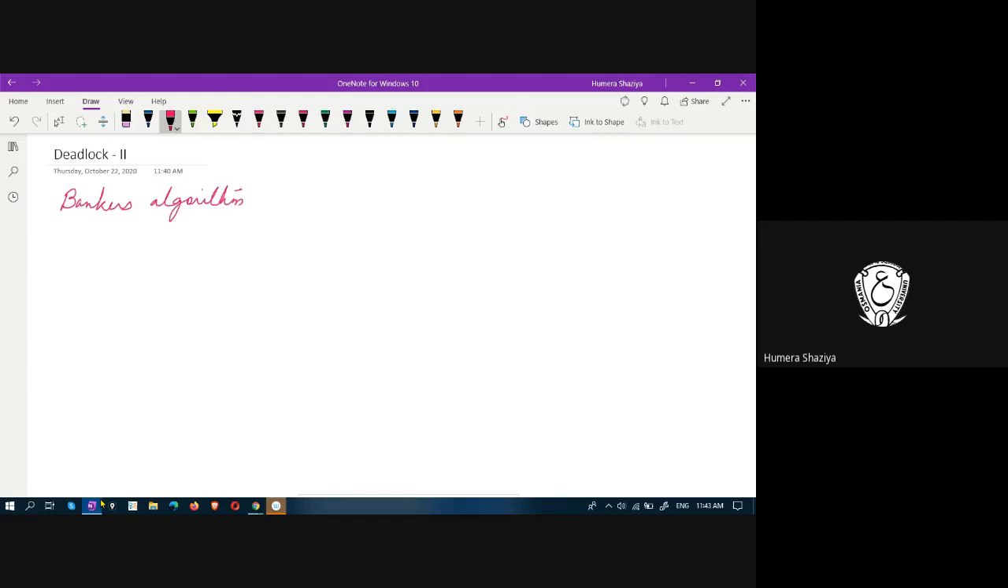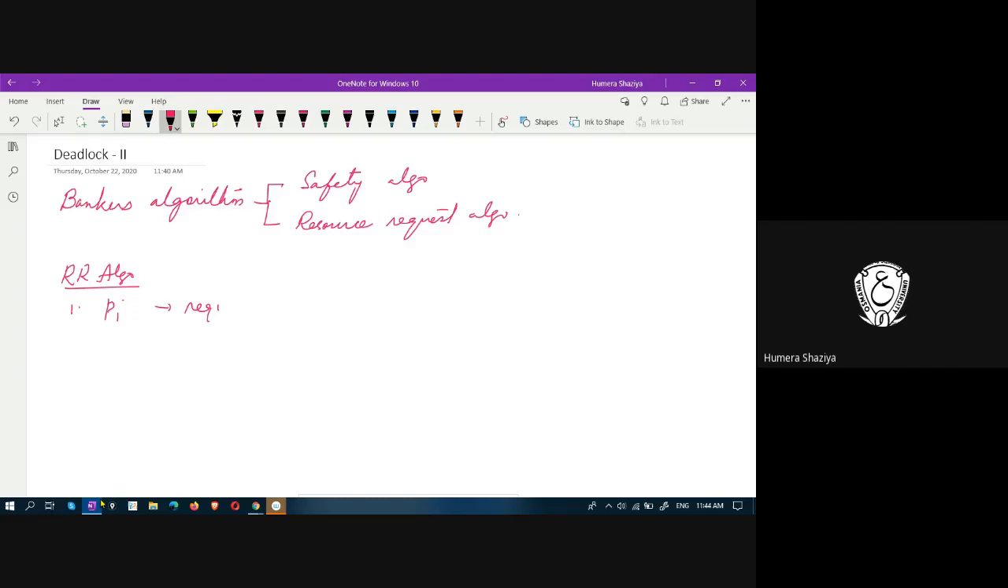Banker's algorithm further has two sub algorithms. They are safety algorithm and resource request algorithm. In a resource request algorithm, there are three steps. The first step says that when a process PI requests for a set of resources,